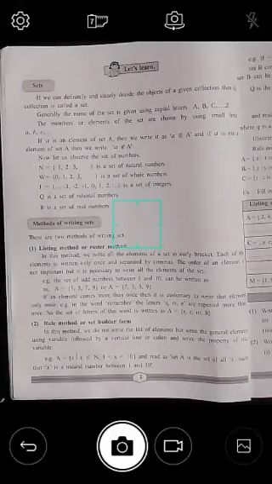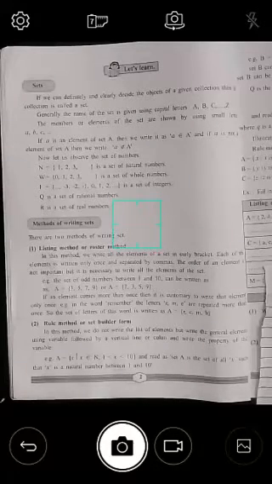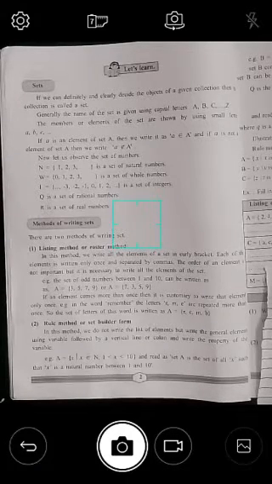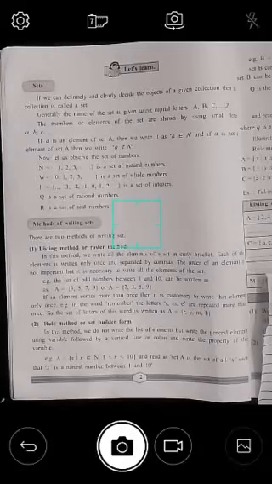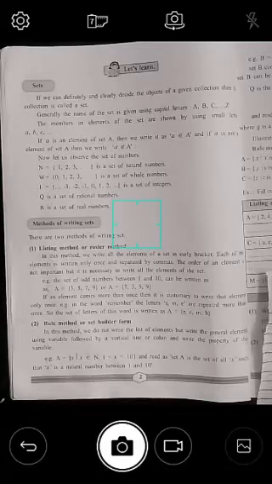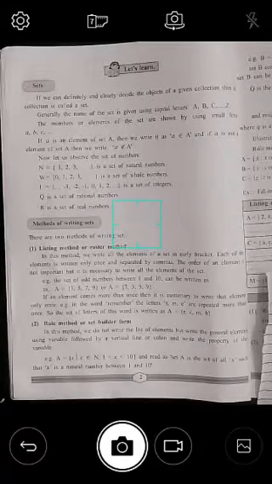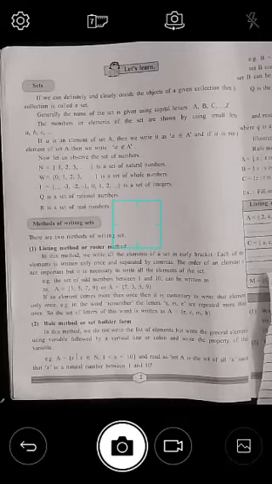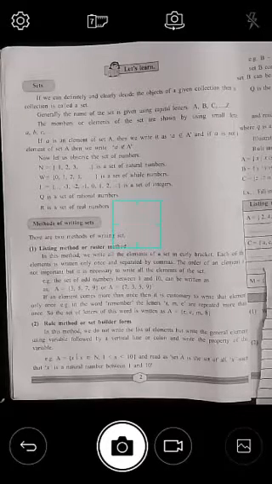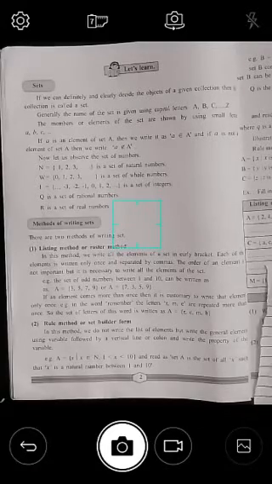So next we go to the rule method or the set builder method. In this method, we consider a variable. It can be x, y, z. It can be any letter of the alphabet. Generally, we use x or y or z. It is used to write the general element, and it is followed by a vertical line.